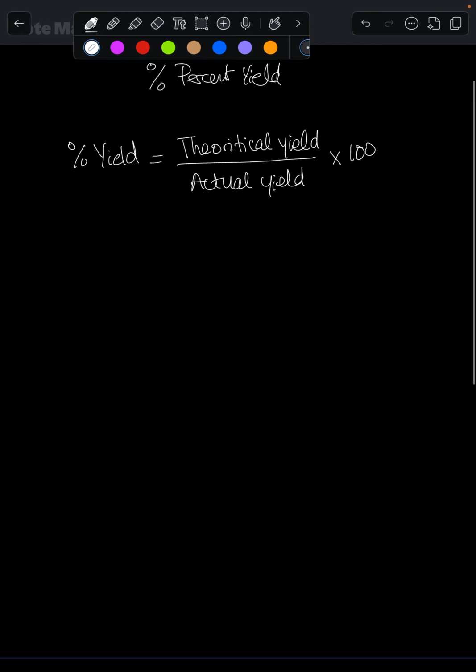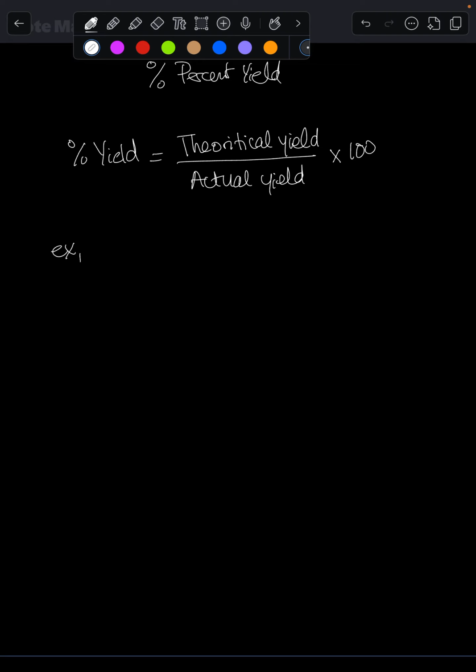So here is an example. Imagine that you have the following equation. You have lithium hydroxide that reacts with HBr acid and then gives you lithium bromide plus water. Okay? This equation is balanced, and the question is,